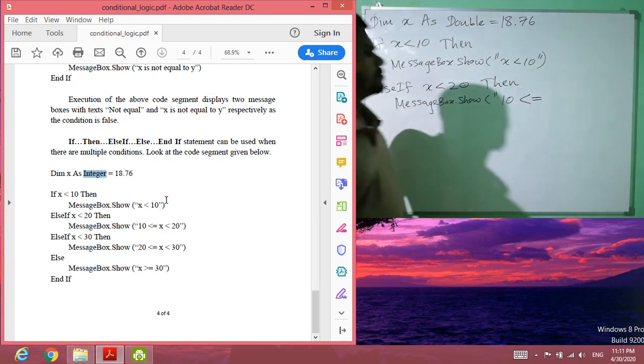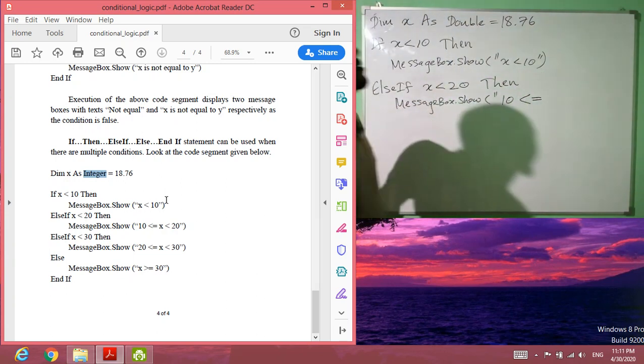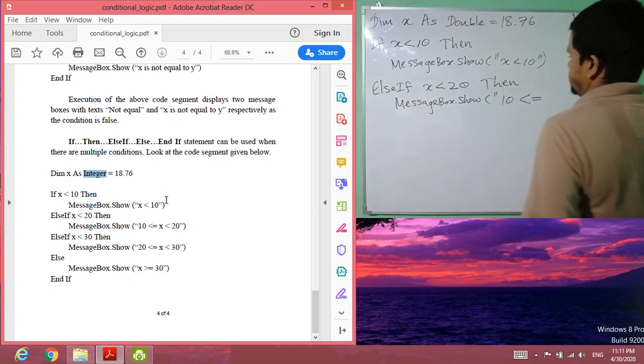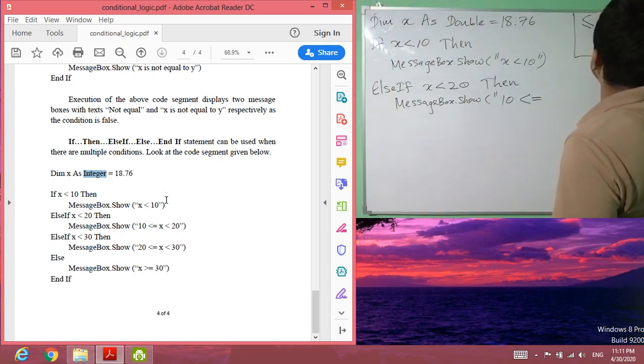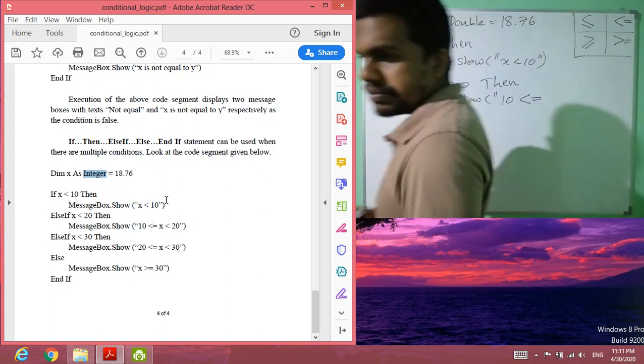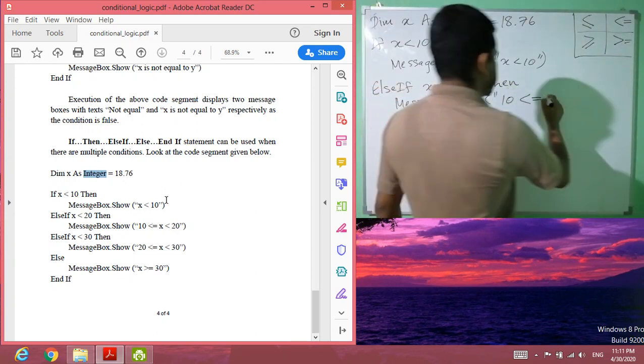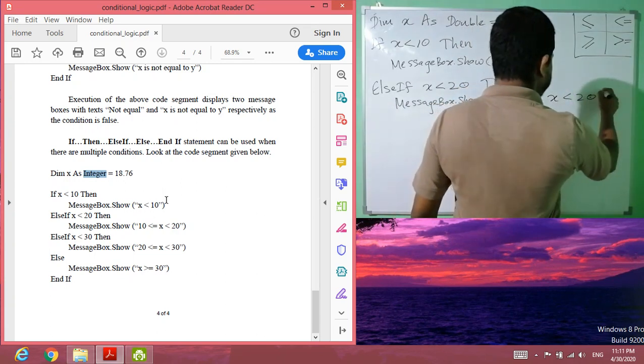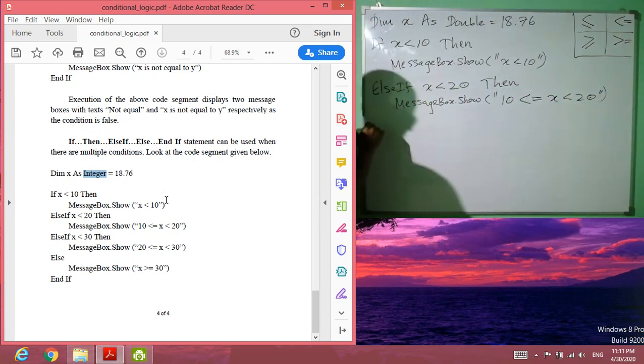Actually in programming, this symbol we have to write it less than or equal, this symbol greater than or equal. So in this way you have to do that. x less than 20, else if,